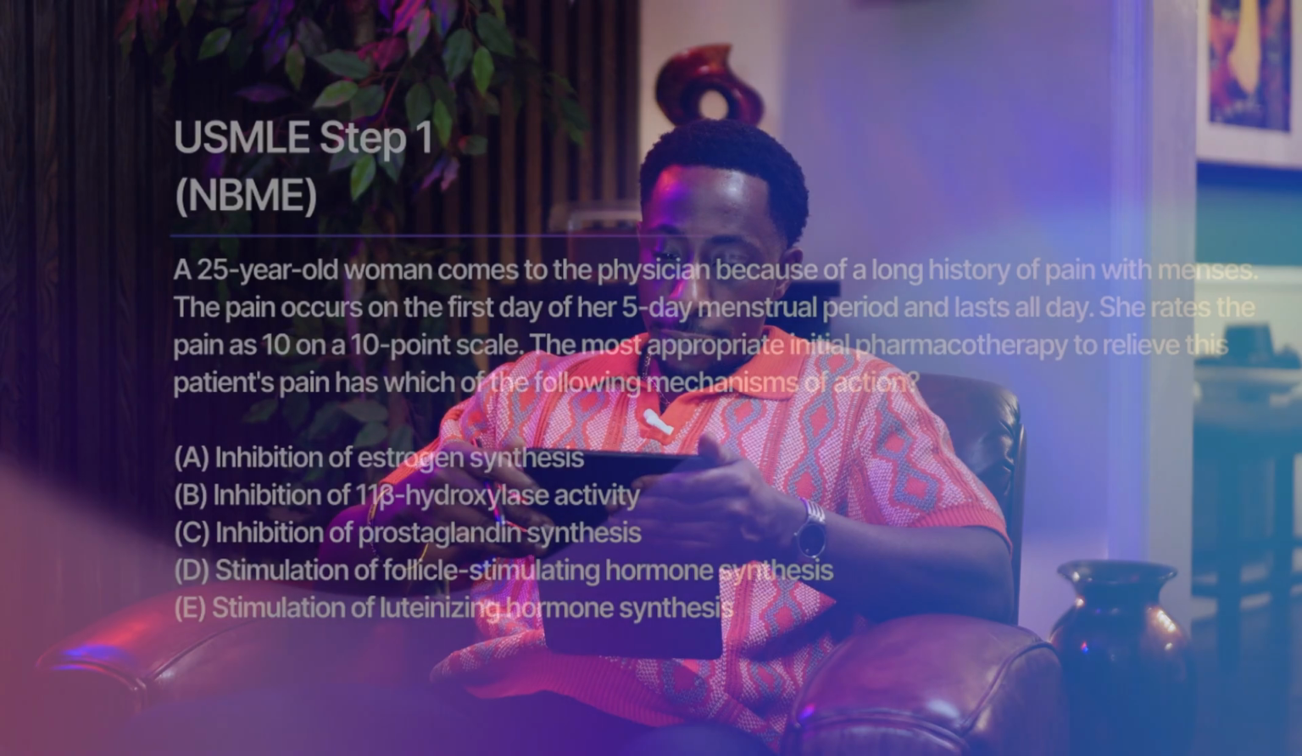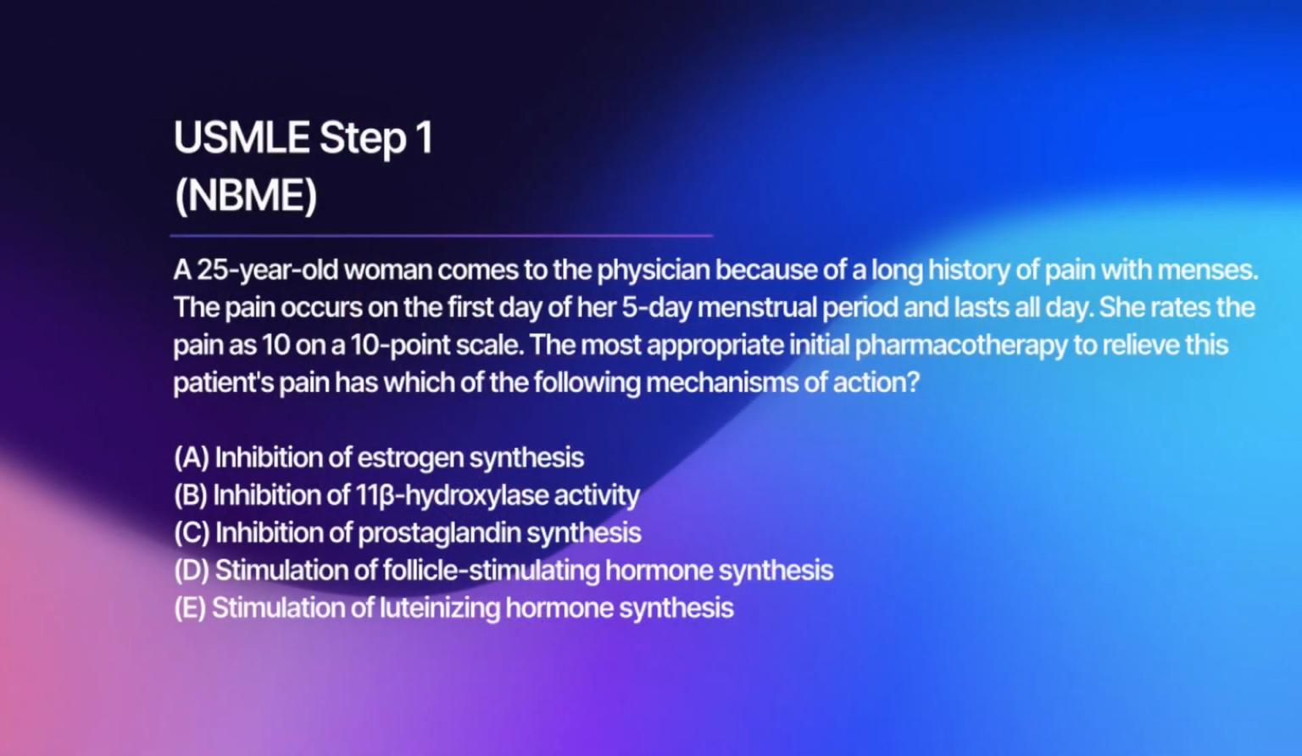But if I was just to read the question, I would need to first assess that this is a dysmenorrhea context. That is correct. And what are the indicators that this is potentially dysmenorrhea? The pain with menses, the time frame in terms of the 5-day menstrual period that lasts all day, the 10 out of 10 on a 10-point scale. So they're giving you brief clinical cues to let you know that this is a dysmenorrhea